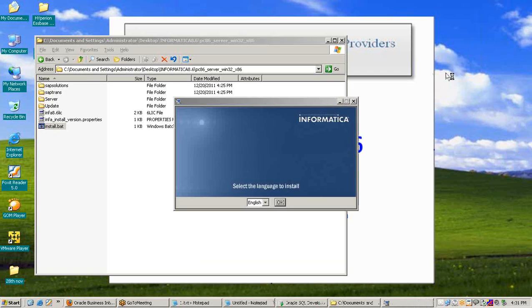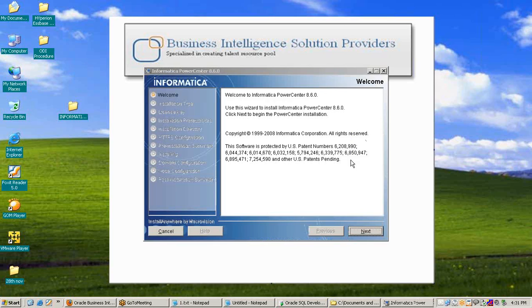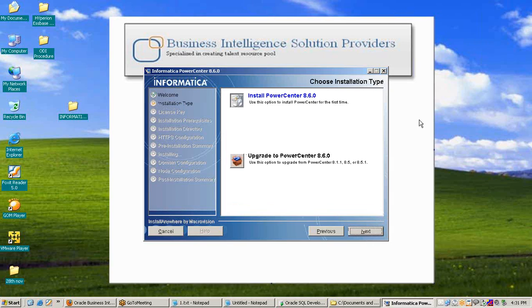You can see a welcome window of Informatica is open. Now we need to select a language, so I'll select English, then OK. Then the welcome window of Informatica appears. Read everything carefully, then press next.